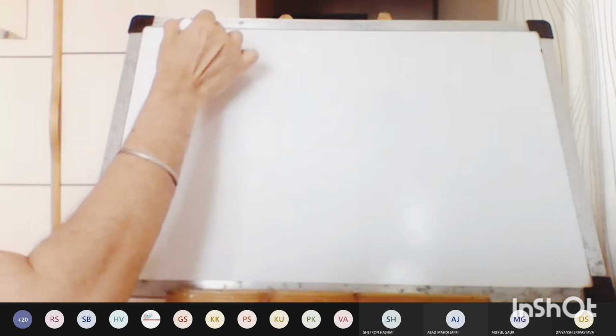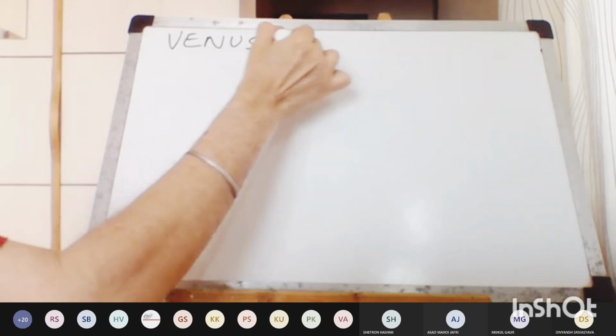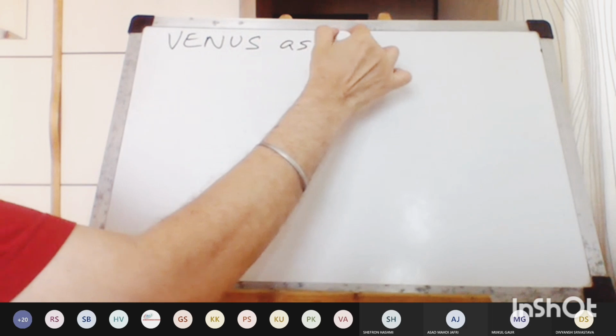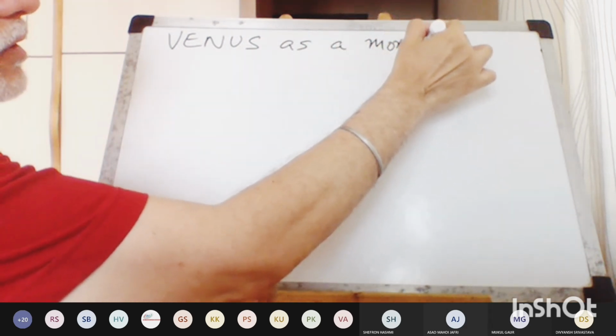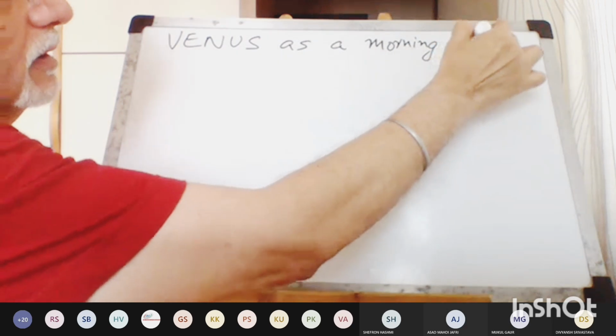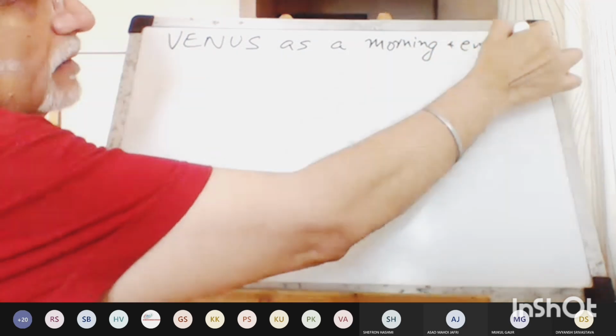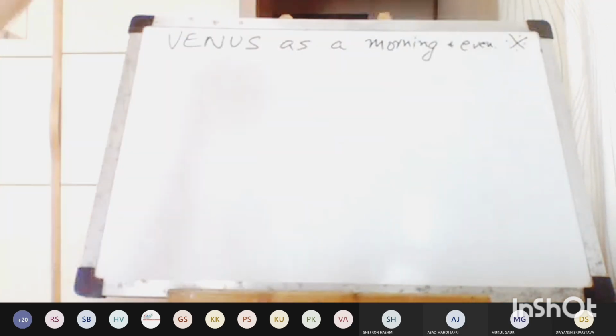So let's come to the topic of today. The first topic, Venus as a morning and evening star. Venus as a morning and evening star. Venus is a planet,